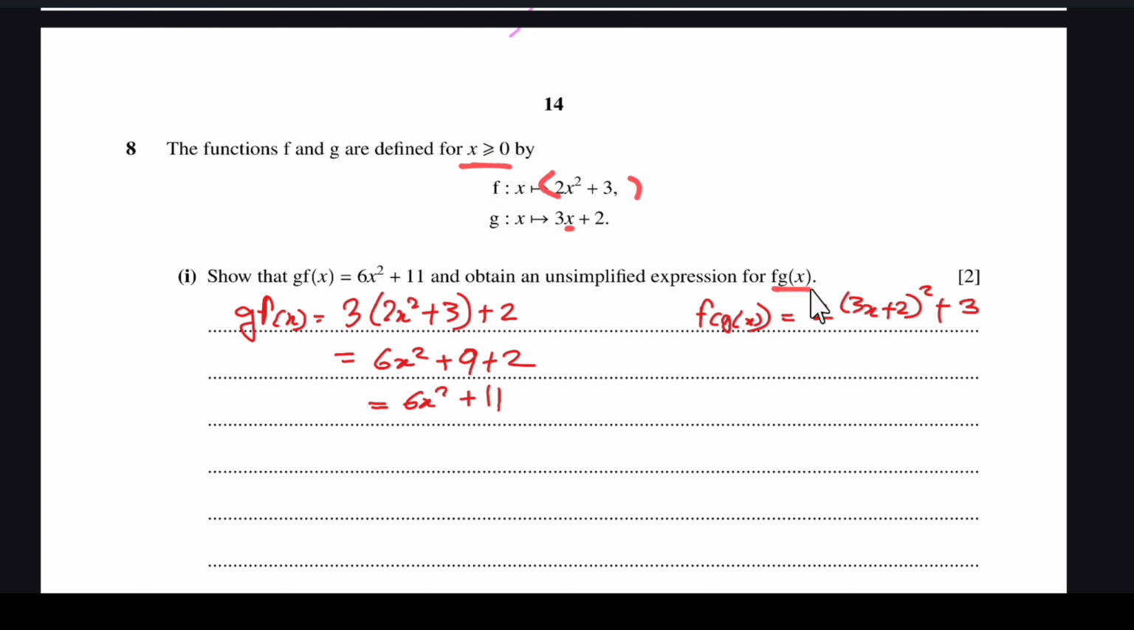Then for f g of x, in the expression of f of x, we have to substitute the value of x, that is g of x, and find our expression. Since we need to give our equation in unsimplified form, this would be the answer. Then for the second part,